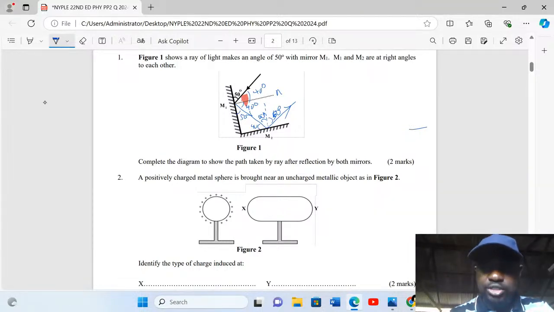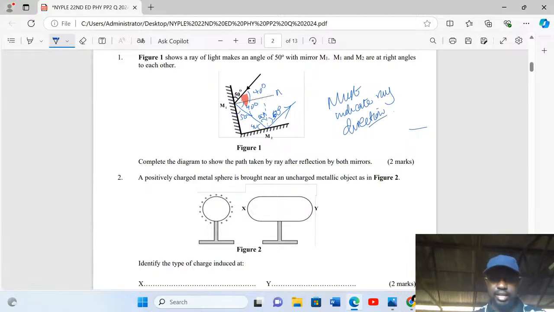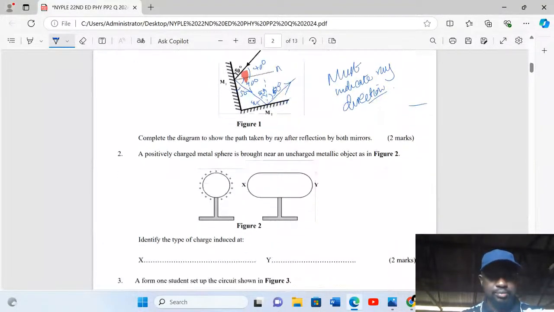Don't forget that you must indicate the ray direction. Let's move on to the next question where you are asked: